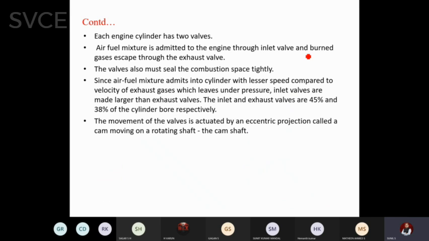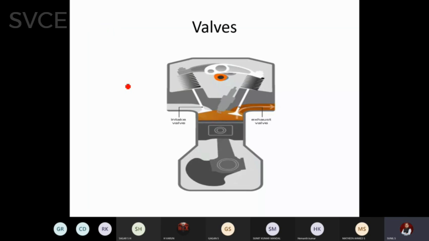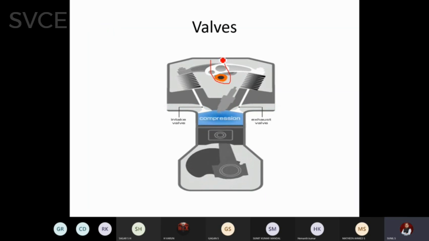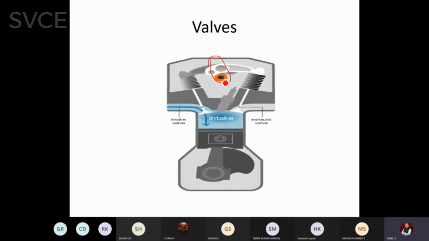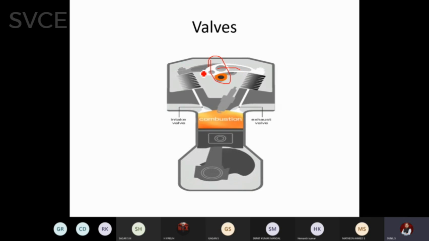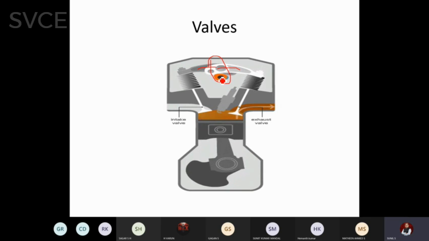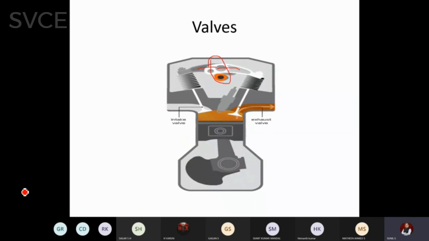The movement of the valves is actuated by cams. Usually in kinematics of machines, you have studied the working of cams, and in the video also you have seen. Just a minute, I'll go back once. In this you have seen the cam arrangement. It's an eccentric mechanism. Whenever it pushes, you can see how it works, right? So there are two levers. It alternately operates the inlet and outlet valves. So the operation is done by a cam mechanism.